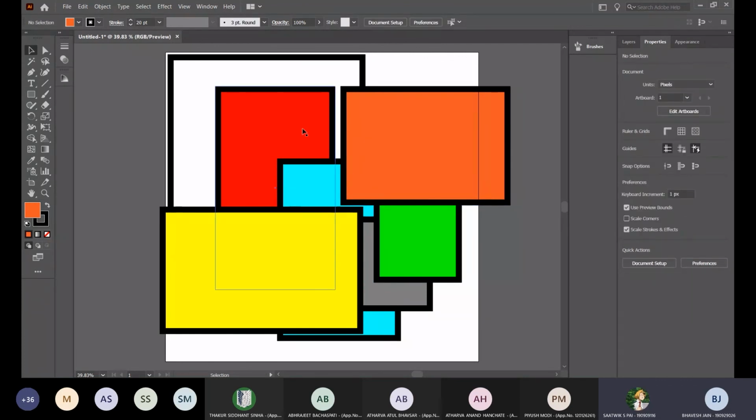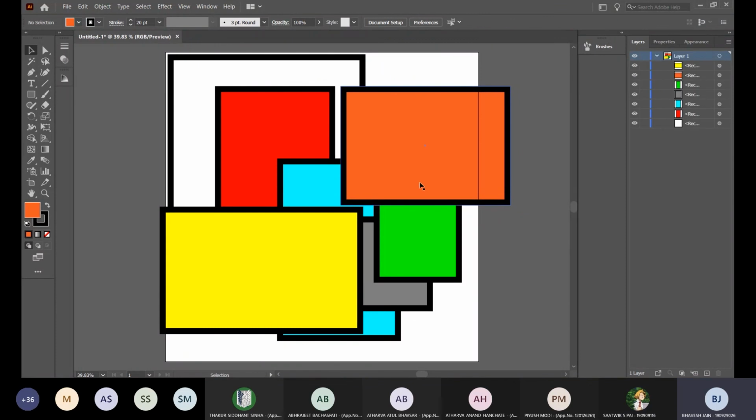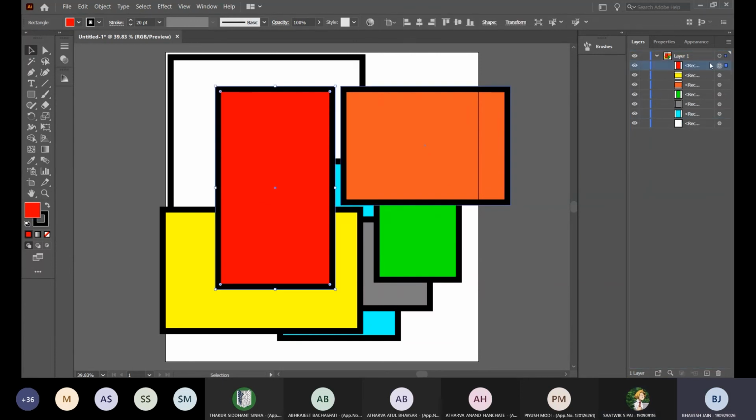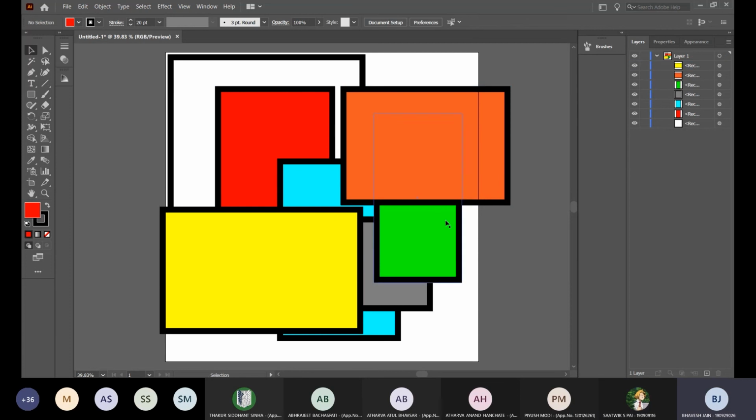So what if I want this red rectangle to be the top floor? I want this to be visible first. So one way to do that is I go to layers, I select this. If I select this, you see a small blue rectangle over here. I can drag it all the way up. So the one on the top is your top floor, the one on the bottom is your bottom floor. But there is one simpler way.